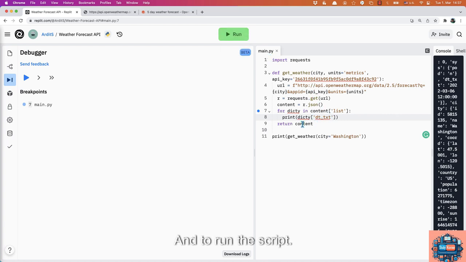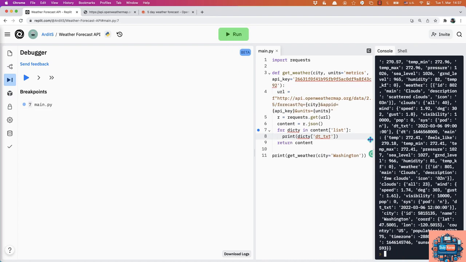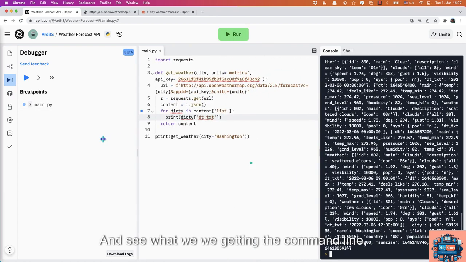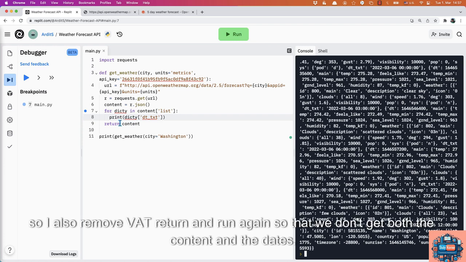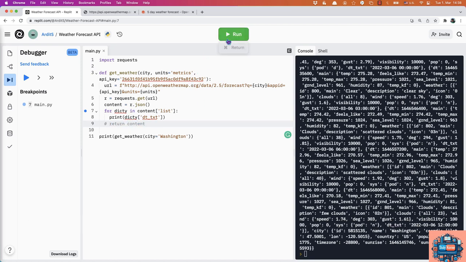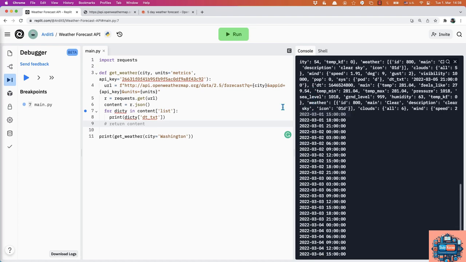And run the script. And see what we get in the command line. So I'll also remove that return and run again so that we don't get both the content and the date. It's too much data. And these are the dates. So we were able to extract 40 dates. Now let's extract